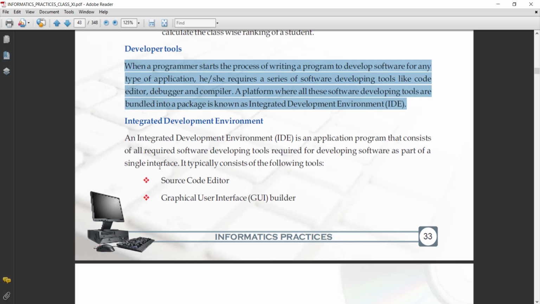In a single interface, it provides all tools like the source code editor. Source code editor means there we are able to code our program. So that is called the source code editor.